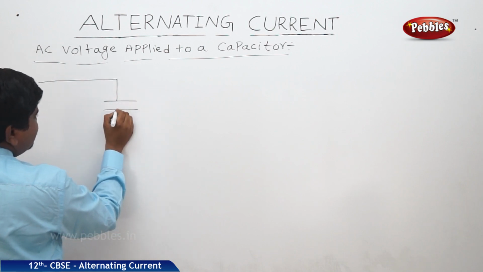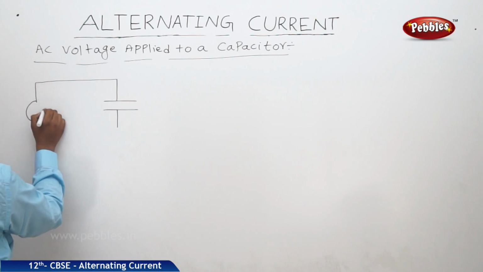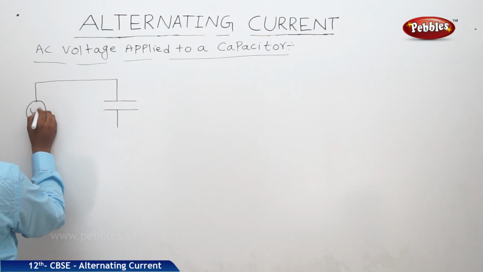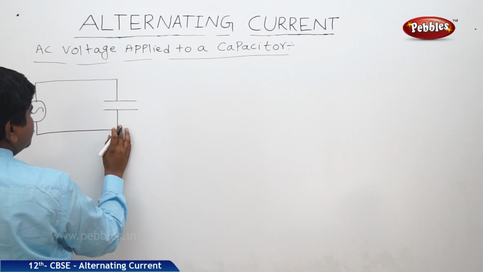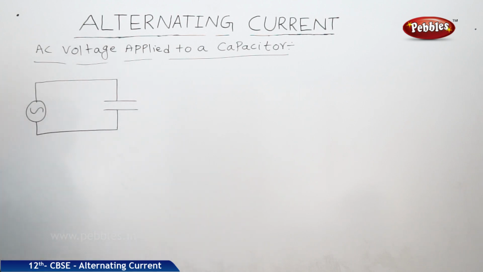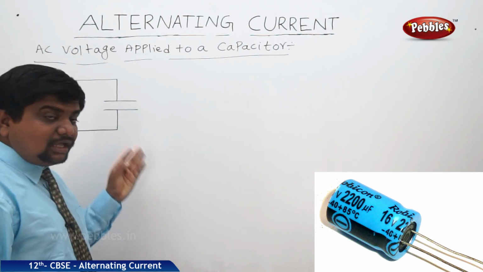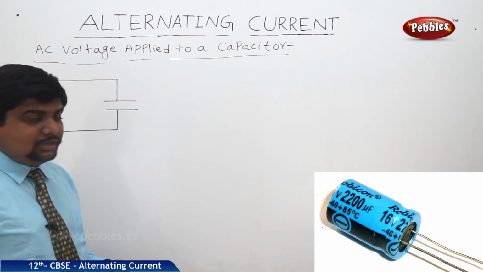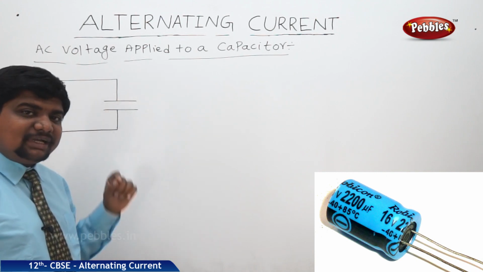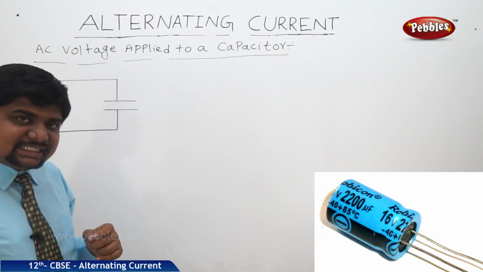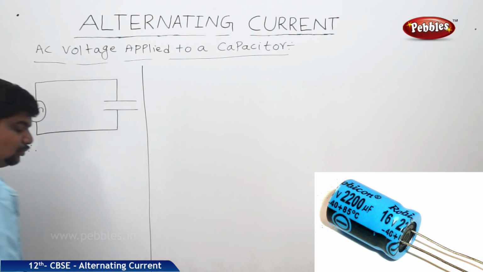Take a parallel plate capacitor which is connected to an AC source. Now, what is the purpose of the capacitor? A capacitor always stores the charge. We know that the capacitance is equal to Q by V, therefore the voltage across the capacitor is Q by C. Therefore, according to Kirchhoff's loop rule, we can say that